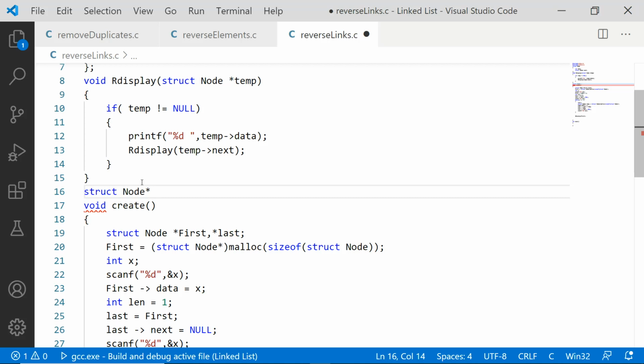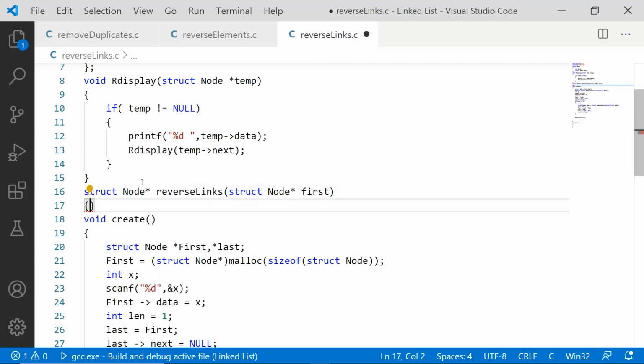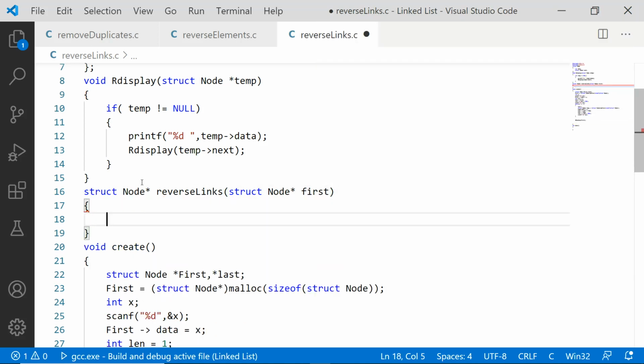The name of the function we can take as reverse links, and the argument required here is the address of the first node alone.